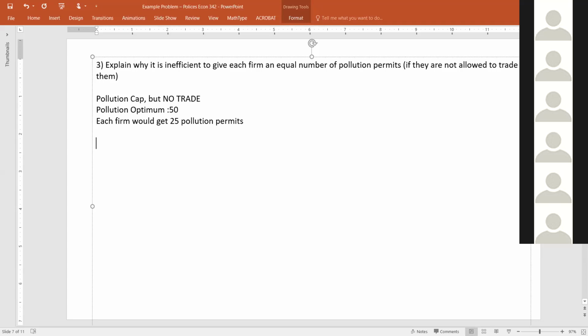So let's go to the math, which means if each firm is given 25 permits, it means they can't pollute beyond that. That's what a permit says. This is the amount of pollution you are able to put forth. And since they can't trade these permits,